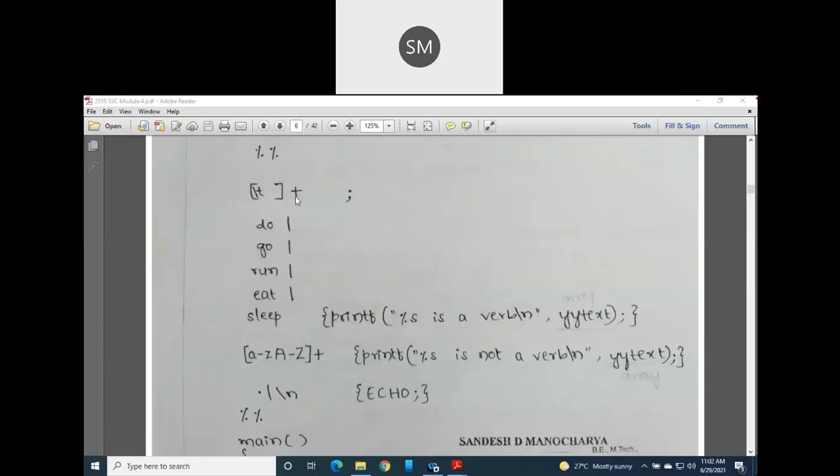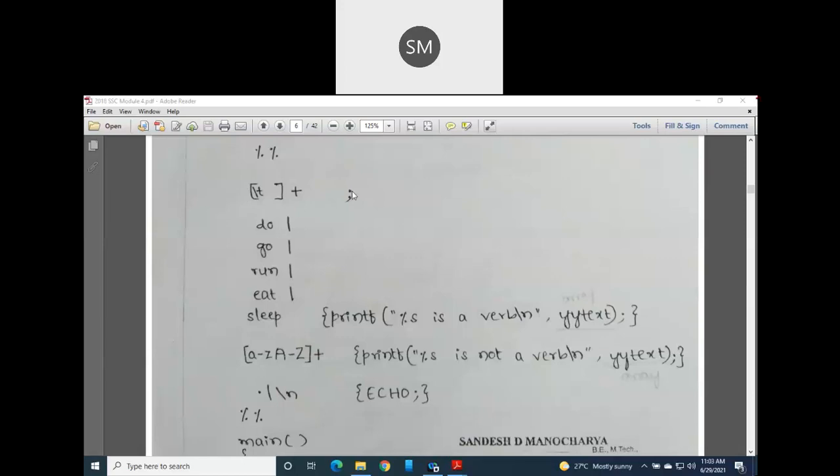So I don't have only one word here. I have a paragraph. I have n number of sentences. Definitely there are one or more spaces, correct? That's why I have used a plus here. So this is my pattern. For this pattern, what action do I have to take? A semicolon action. What is this semicolon indicating? The semicolon says that you don't do anything. You don't take any action. If there is a space, don't do anything. What is your task? You have to just identify verbs.